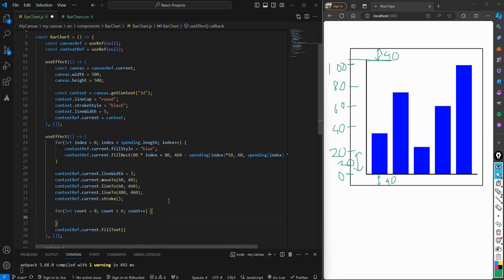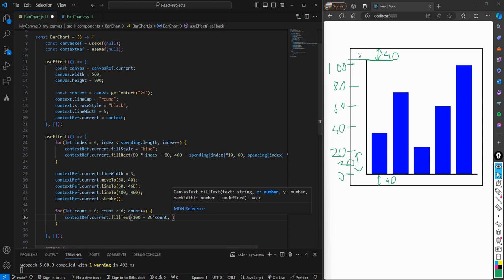Inside that, I'm going to call this fill text function. So the text would be 100 minus 20 into count. For count 0, 100 will be rendered, and after that, as count increments, we'll decrease 20 each time till it goes 0. So for count 5, the value which will get rendered is 0. The x coordinate would be 60, which we decided here. So x coordinate would be 60, and y coordinate would be 40, which is the initial gap which we decided,